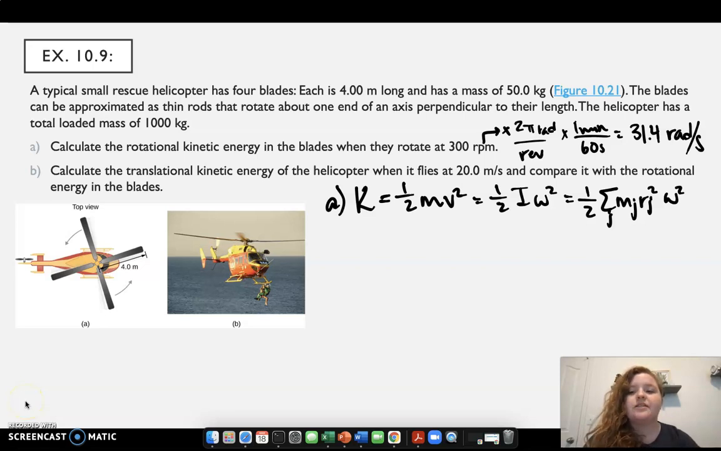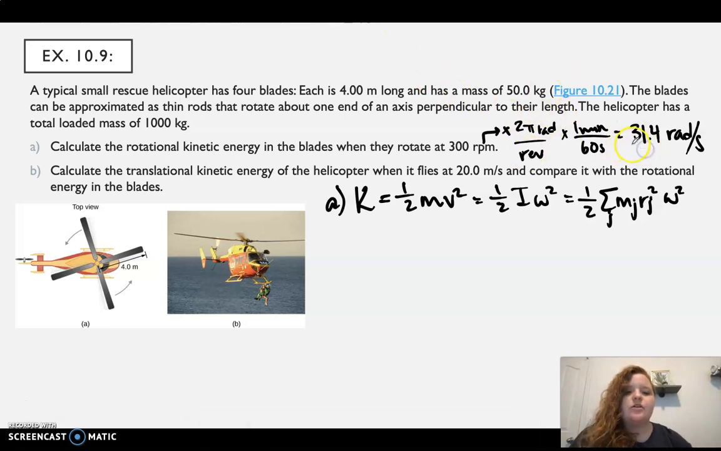We were talking about example 10.9 and looking at the rotational velocity. So we're going to go ahead and continue from there. We found that it was 31.4 radians per second. Now, I mentioned the rotational kinetic energy